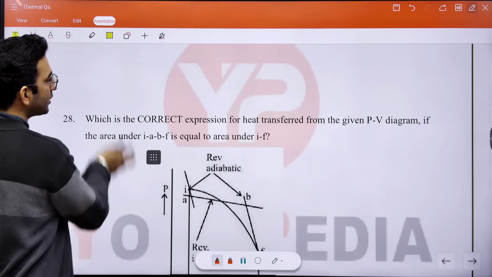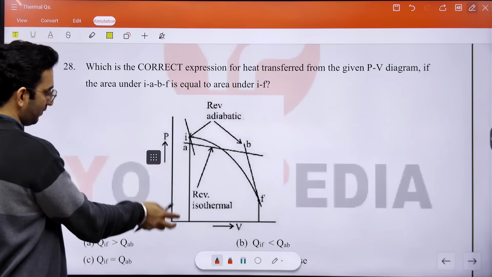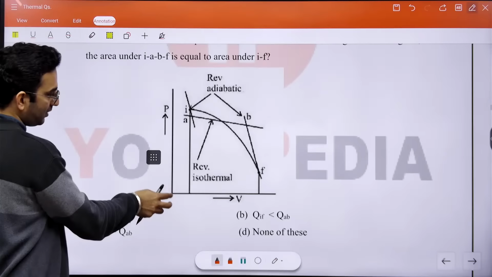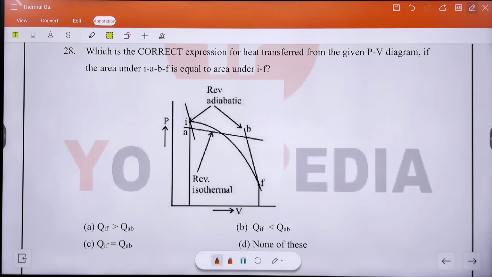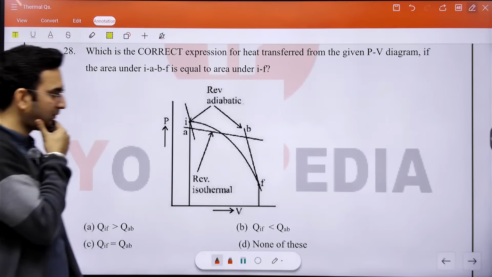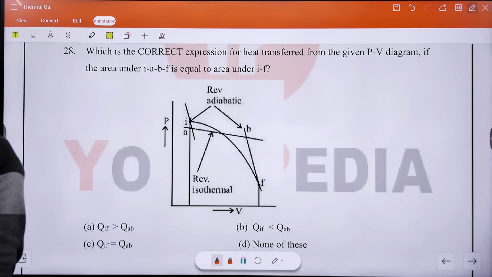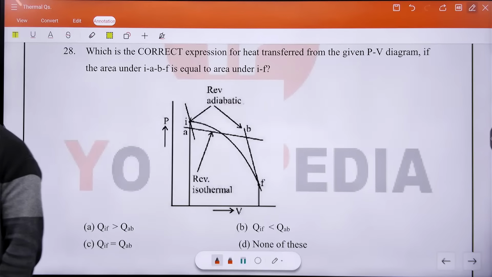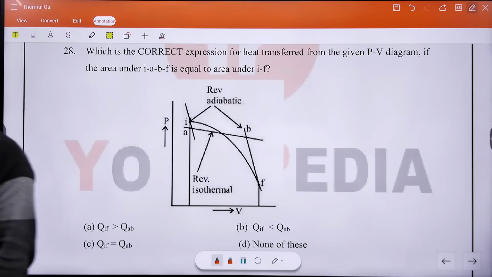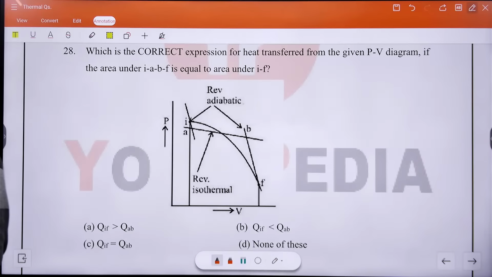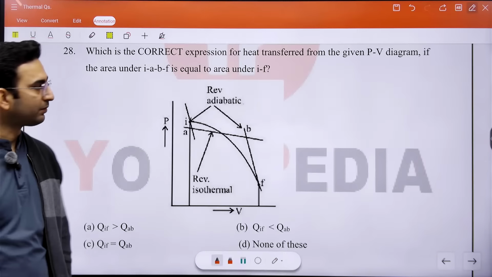What is the correct expression for the heat transfer? What can be the answer in this case? Question number 28. Actually, what is happening here? See,